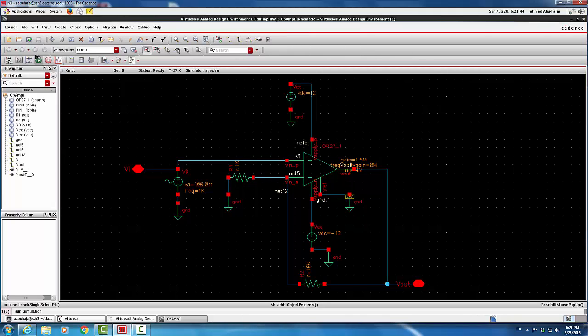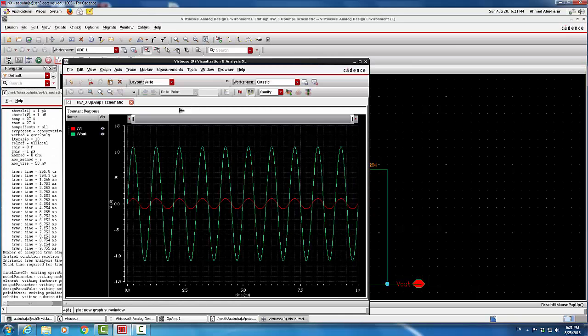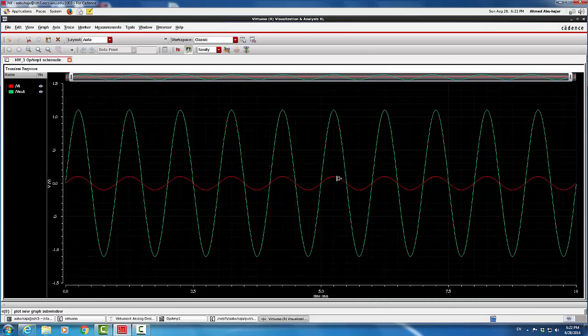Click OK, and now let's run the simulation again, and we should see that the output has a nice sine wave. So again, as you see here, we have a very nice sine wave. If you go back and maximize the graph, that's what we have. This is Vout, the green line is Vout, and the red line is Vi, and you can see that Vi has a peak value of roughly 100 millivolts, while the peak value of the output is roughly 1.1 volts,